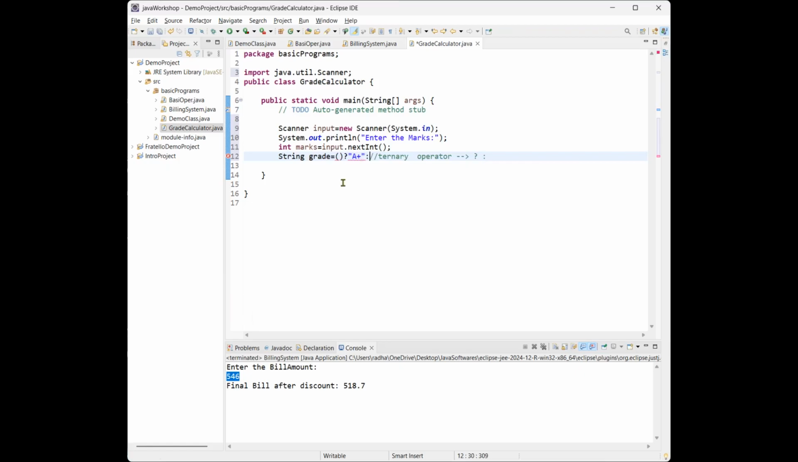Like what, we can use multiple terminators here. See here, if you get the marks greater than or equal to 90, then you need to assign the A plus grade. Okay, or